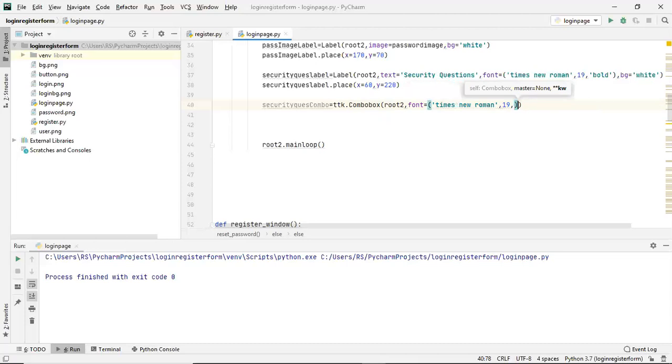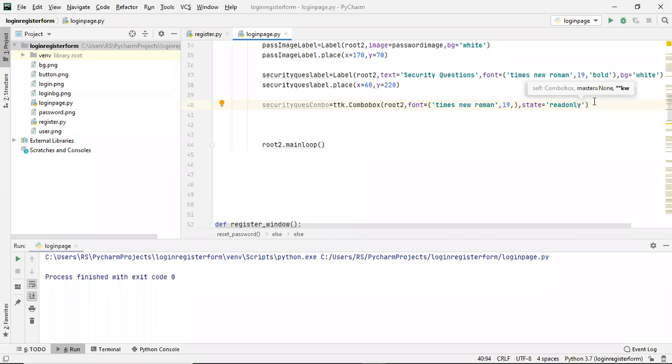After that, I'll make the state read only. See, I'm just creating it the way I created in this register.py, where I made the state read only. The reason I told you there is so that nobody can type in that particular combo box.